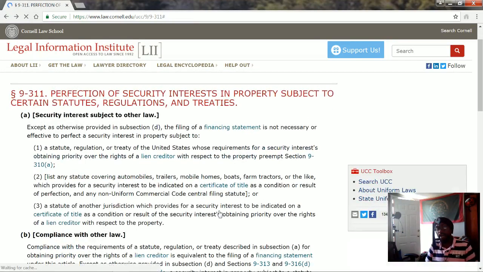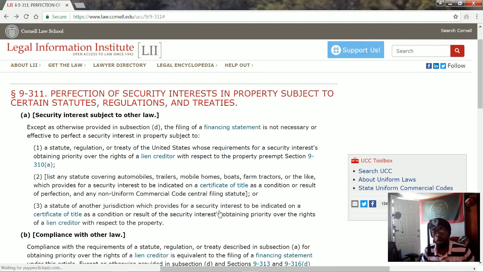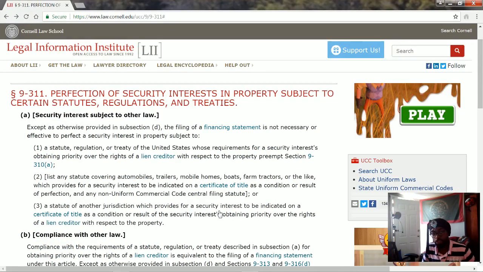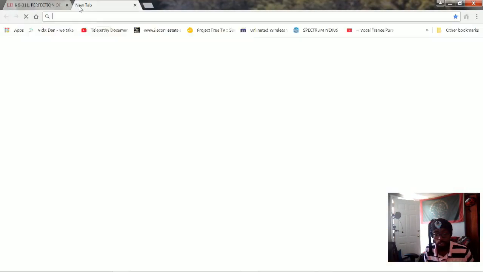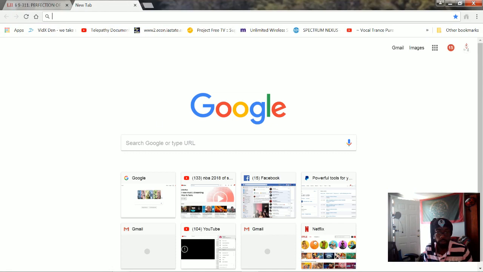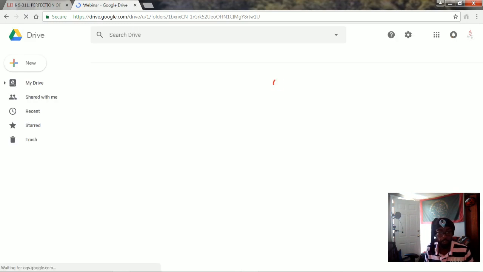So now that we know that filing one is neither necessary nor effective to perfect the security interest in property subject to what? A statute, regulation, or treaty of the United States. So hold on, hold on, hold on. Because now, right, now what I'm going to do is